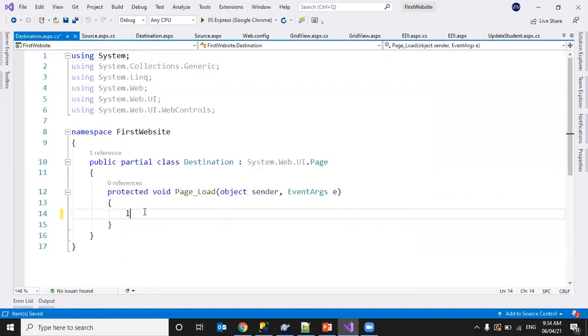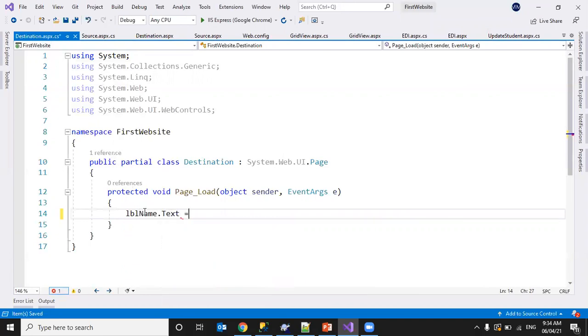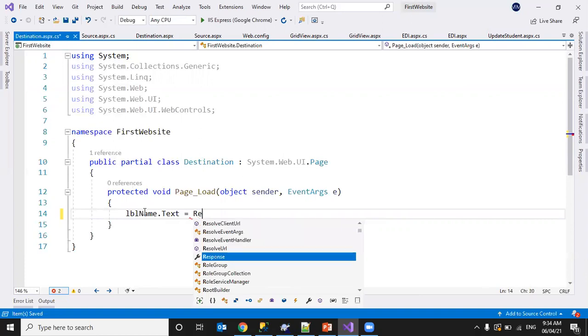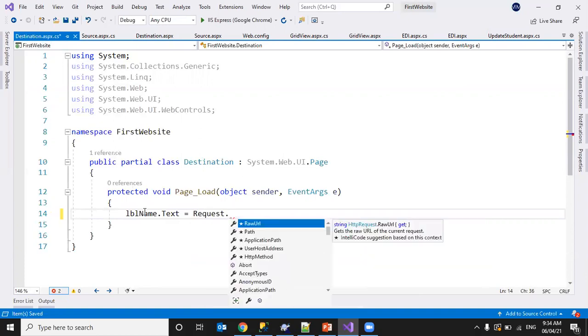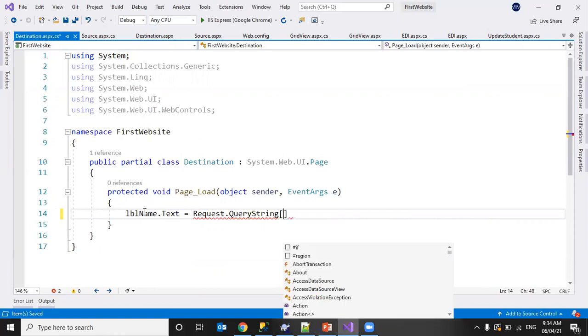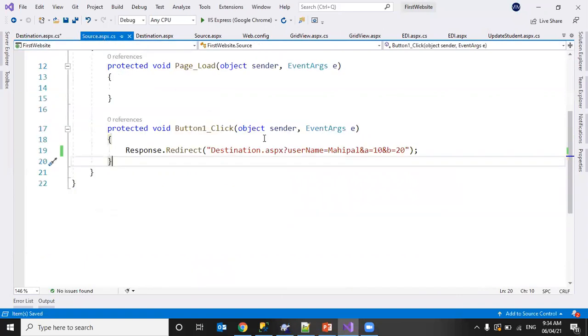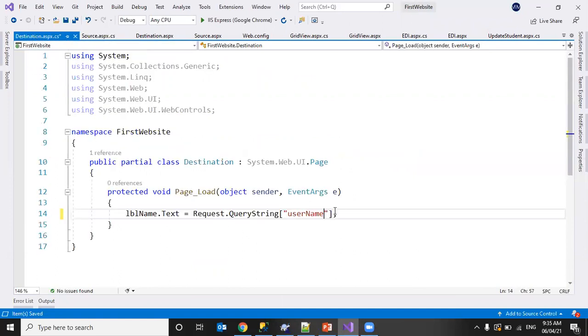So lblName.Text equal to, I'll have the information in the request. Request.QueryString. What is my key name? If you see here, username is my key name. I can take that into the label text.